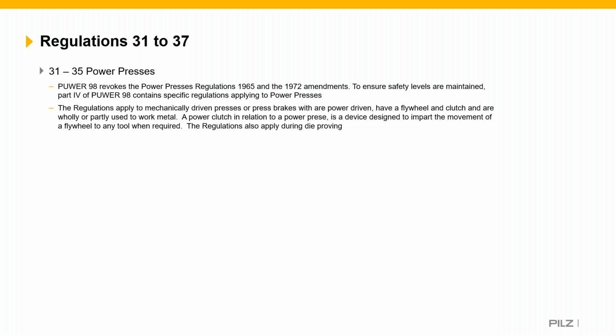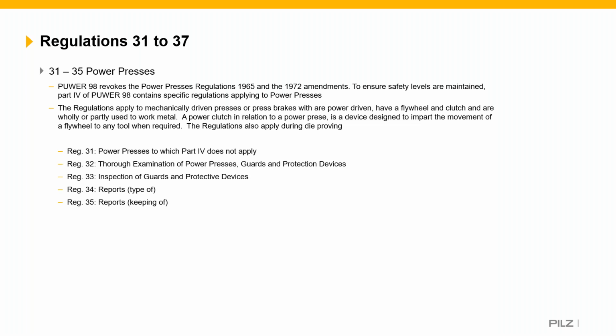So be it an enclosed guard, an interlock guard, an ARPD scanner or light curtain or something like that, which again, a good working knowledge of those standards and regulations will let you know that there are set periods for minimum or 6 or 12 months for ARPD devices that are fitted onto machinery. But in essence, there are the 5 regs as you see here. So 31 talks about what presses it applies to. 32 is thorough examination. 33 looks at inspection of guards and protective devices and states that every employer shall ensure